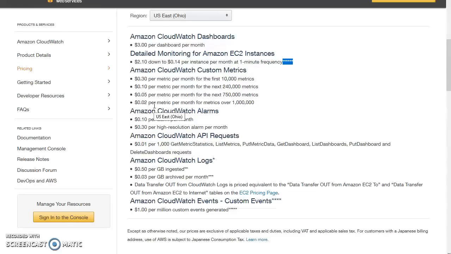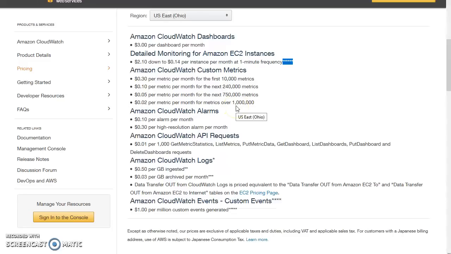Now you need to understand that whether you do detailed monitoring or any other custom metric, this is what the charge is going to be. On the price basis, for any custom metric you are paying $0.30, and even for detailed monitoring, once you are enabling it, the standard pre-built metrics like CPU utilization will start working at a 1 minute frequency, right? For that also the charge is 0.30 per metric only. So don't get confused, it's the same. And if the total metrics you are monitoring increase a lot, then you get lower costs.